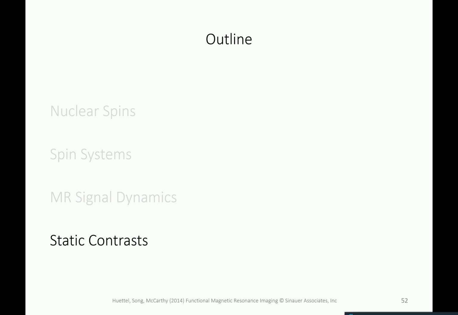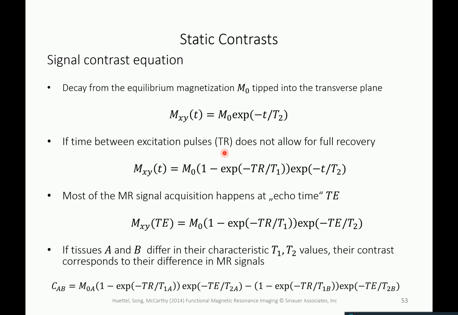So if you do this, not allowing for full recovery, and you send this pulse at the time called TR, the time between excitation pulses is called TR. That's a basic sequence parameter. It's the time to repetition, repetition referring to the excitation pulses. It doesn't really matter whether you wait long enough or you don't wait long enough. In any case,